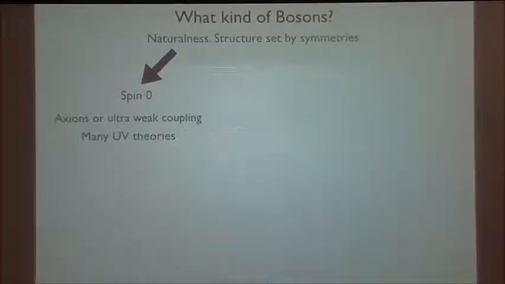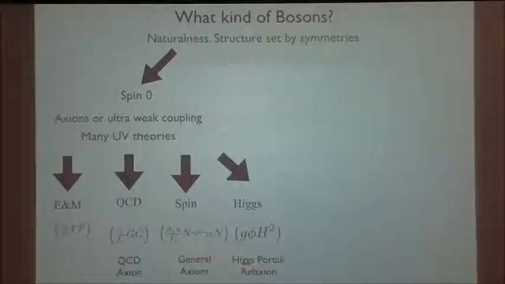The first, if this is a light boson, maybe it has spin 0, okay? If it has spin 0, the typical example is particles like axions, okay, that's the usual example. And these pop up in all kinds of theories, which is why theorists are excited about them. But if it's an axion or so, there are only 4 possible ways in which such a particle can couple to the standard model. One is that the field can couple to electromagnetism through this coupling F F dual, F is electromagnetism, or it can couple to QCD through G G dual, that's the gluon field of QCD, that's called the QCD